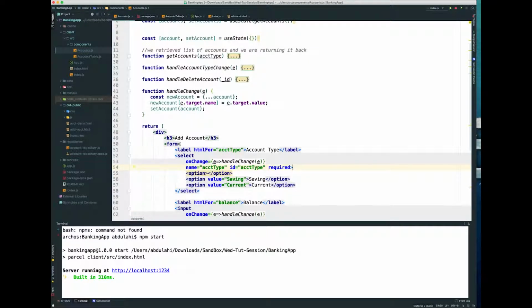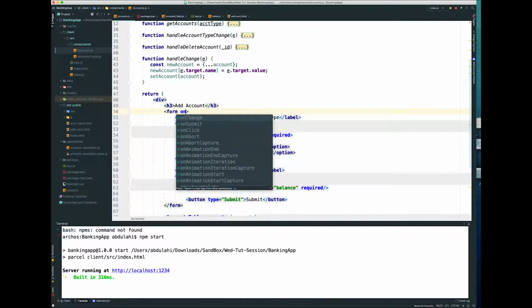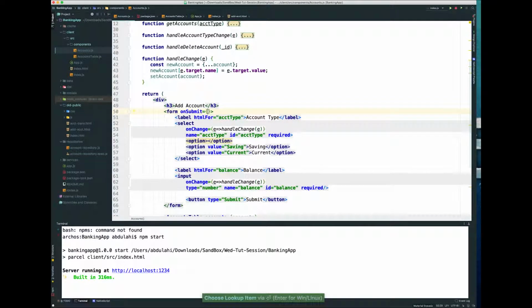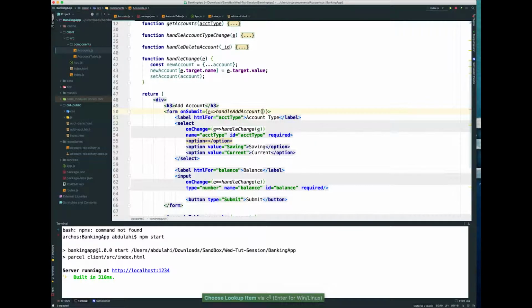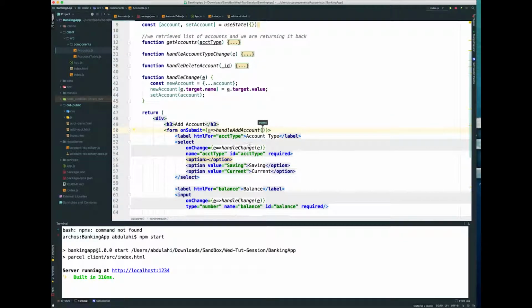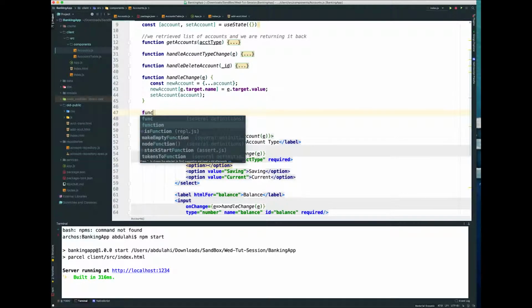So by the time the user submits the form, we go to the form and say on submit, we will call a method that we have, let's say handle add account, and we will be creating this method. We don't have it yet, and we will pass to it e. Now let's create handle add account. So what does handle add account do? We will write function